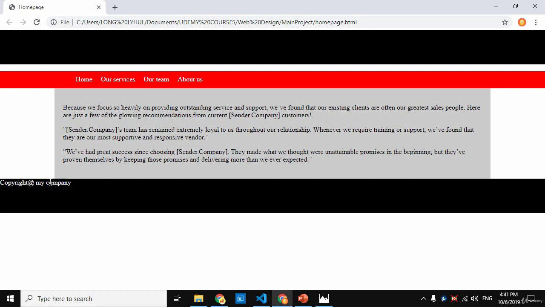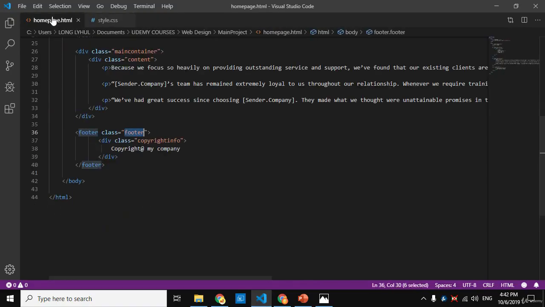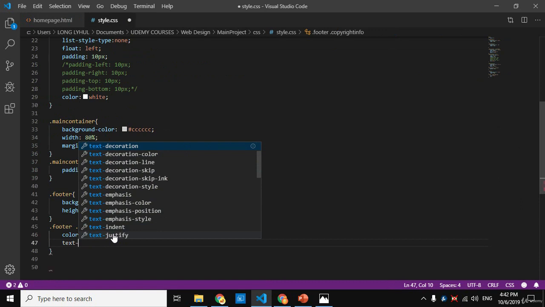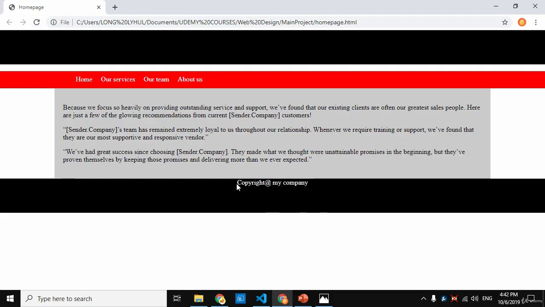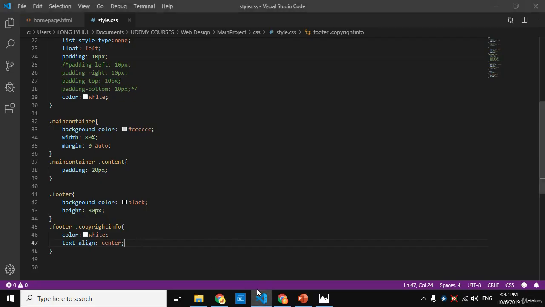So refresh. I want this text to appear at the center of the layout. So I can select copyright info, not this class. Text align, center. So refresh. Okay. This label already appears at the center, but I want space at the top of it, so I